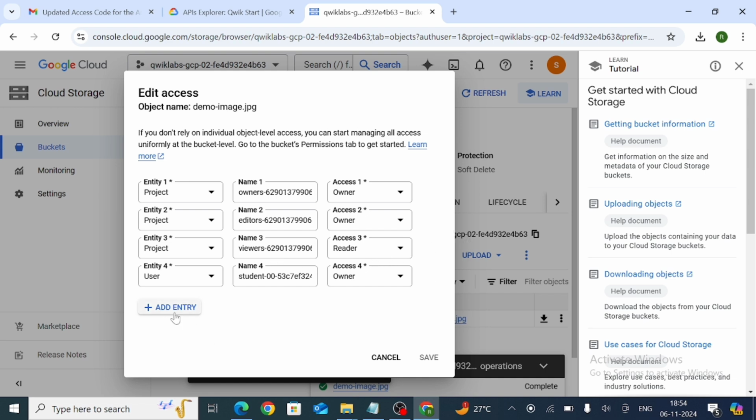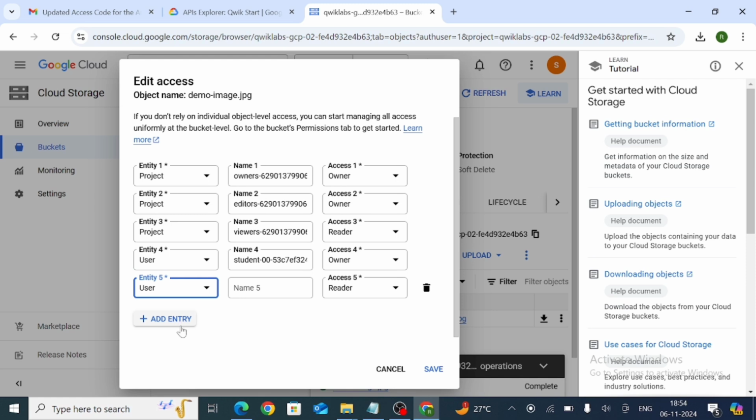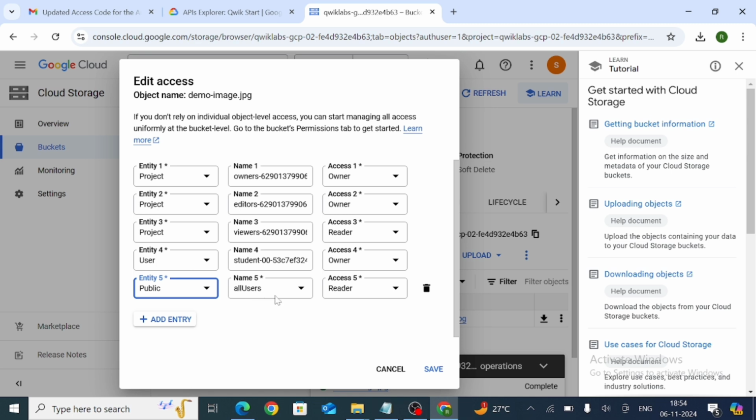Now from this click on here plus add entry. Now select this entity first, public. Now name all users, and next from this access reader.